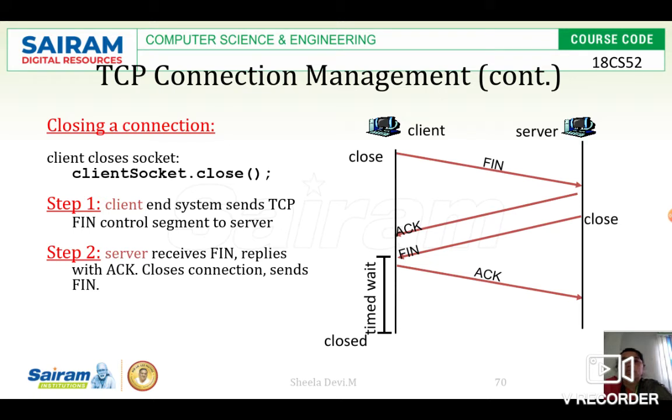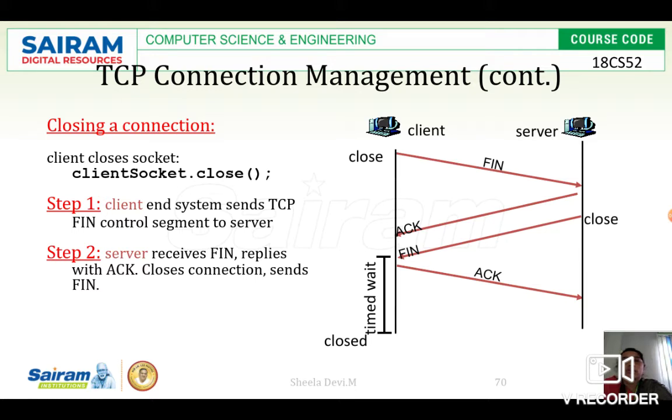So what happens? The client end system sends a TCP FIN control segment to the server. So after data transfer gets over, the client will be sending the segment called FIN segment. Then the server will be replying with the acknowledgement.